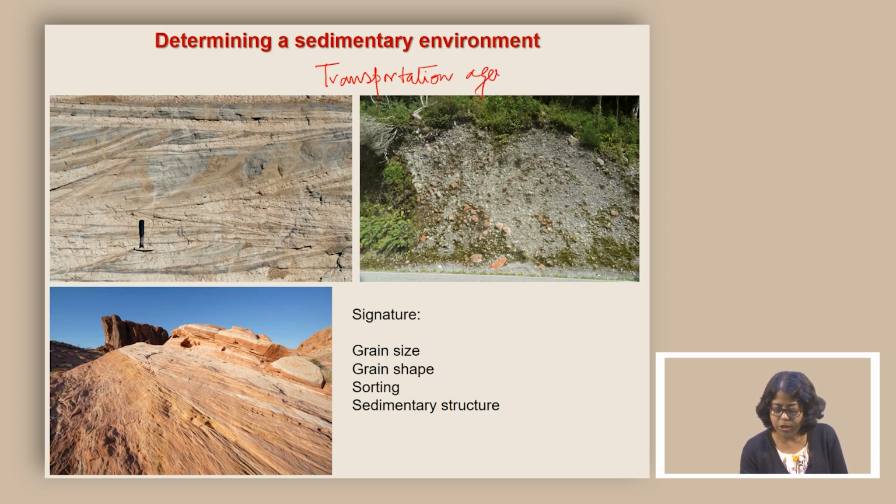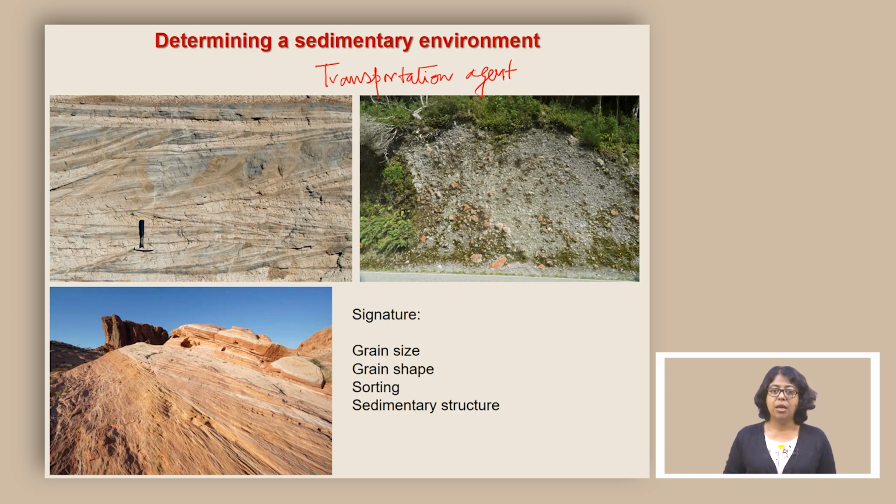And this transportation agent, when we are trying to think about, it can be a variety of things such as rivers, winds, glaciers. It could be carried by gravity, which we call mass wasting. But for today's lecture, we are going to concentrate on the major transportation agents such as rivers, wind and glaciers. Now, here I have given pictures of 3 different deposits from all over the world, and clearly the rocks look very different, and they represent different